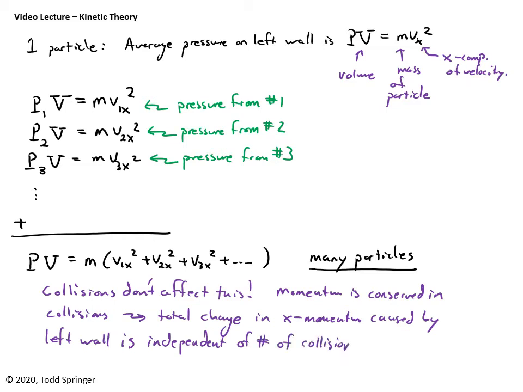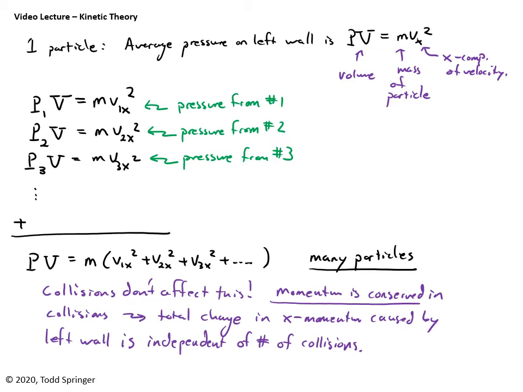It's also independent of the collisions with the top and the bottom and the front and the back, like we talked about before. So the conservation of momentum is really, really important in this argument. Okay, we're getting there. So now you have a formula: PV equals m (v1x squared plus v2x squared plus v3x